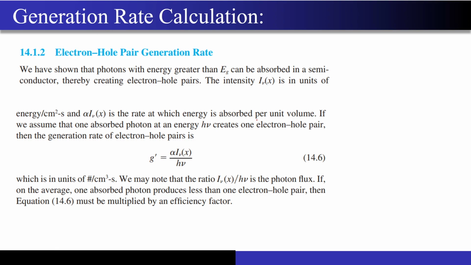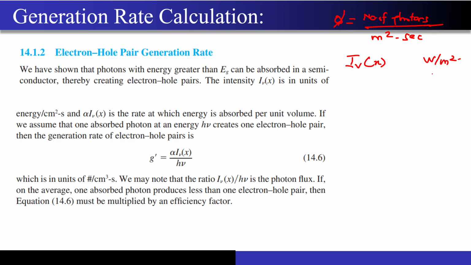Now once we have studied the absorption coefficient, we actually want to see how it is getting converted to the generation of the electron hole pairs, correct? Now you have studied the photon flux, correct? Photon flux you have already studied. Now how did I define the photon flux? The number of photons that we are incident per unit area per second, correct? So now if I have a light having an intensity maybe I of x,